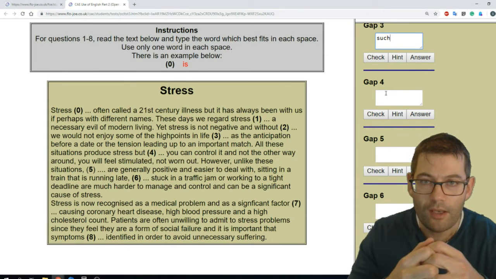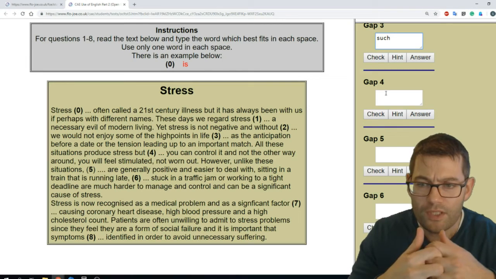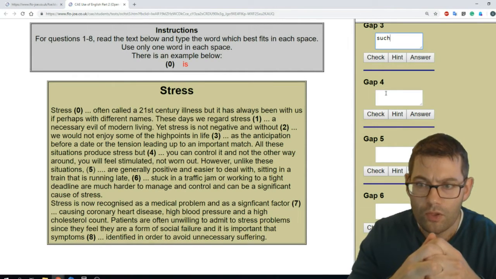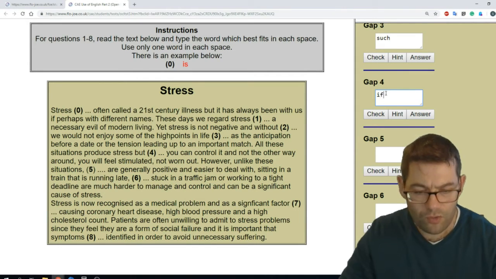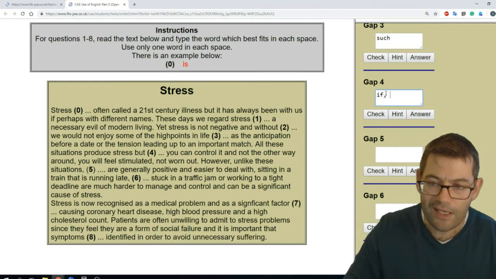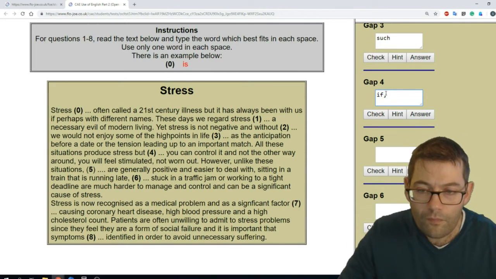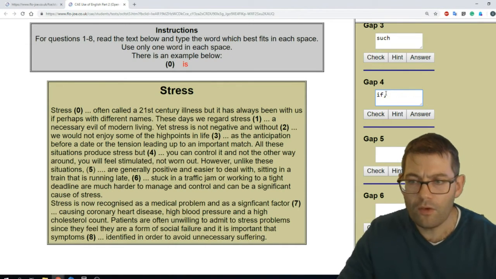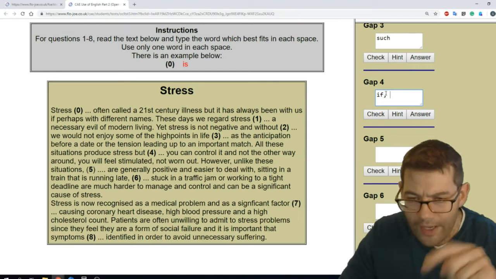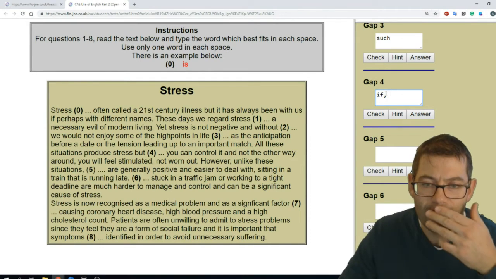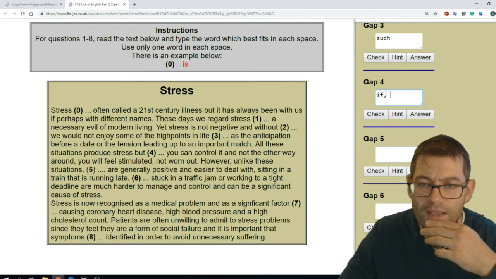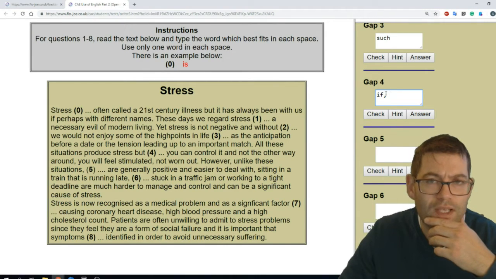So which conditional forms can you use here? Well, you've got 2 answers. First of all, you've got the answer which you can use in all hypothetical situations, which is if. What other conditional can we use here? All these situations produce stress, but when you can control it and not the other way around, you will feel stimulated, not worn out. Can we talk about this in terms of future certainty, given the context that we're presented with here? I'm not so sure that's the right way to go,